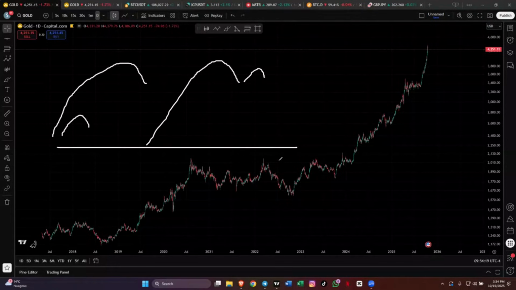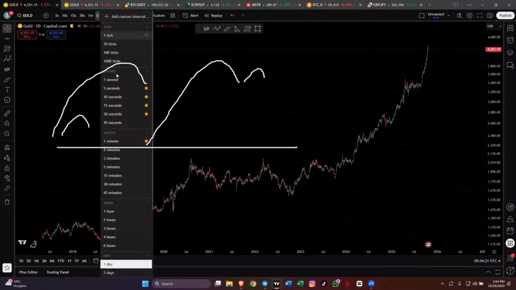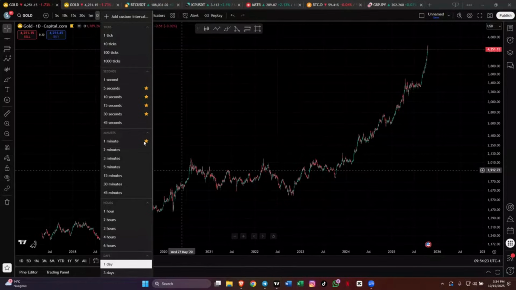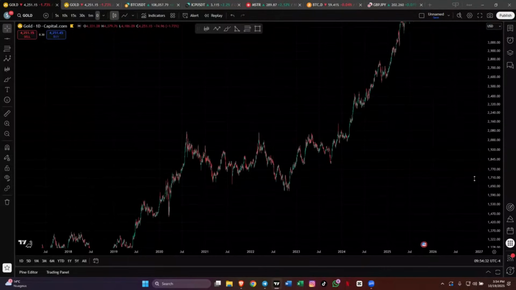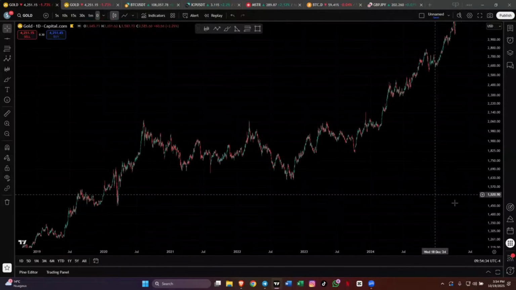Also, between the time frames, because time frames are fractal, sometimes based on specific rules, if we find a fractal on the daily chart, we can apply it to the 1 minute, to the 15 minute. It depends on the price action and the trend psychology. So right here on the daily chart on the gold,